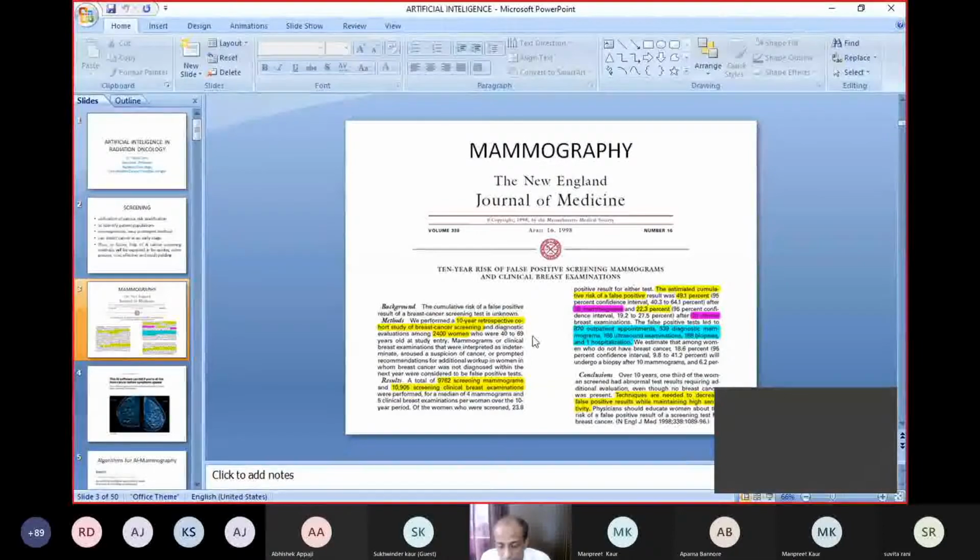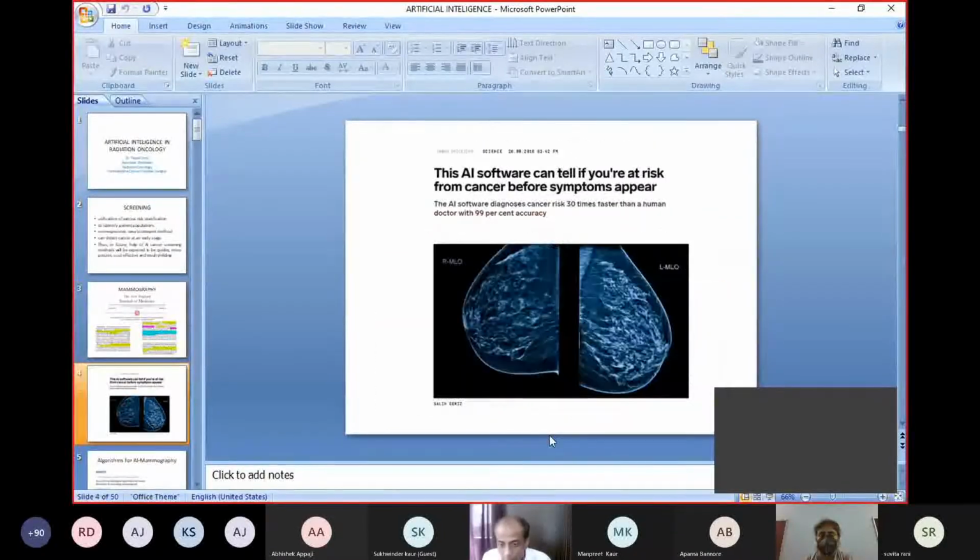So if we go on doing like this, we will end up with so many false positive results. This is a nice paper presented in NEJM, the New England Journal of Medicine, showing that 22% of times in mammography and 49% in clinical examination, we end up showing false positive results, which is a burden to the country. So to reduce this, we need the help of artificial intelligence. In artificial intelligence, we feed into the computer multiple mammography images of cancer positive patients, and based on this library of images, when we take a new mammography scan, the computer can detect automatically whether it is a cancer mammogram or a non-cancer mammogram.